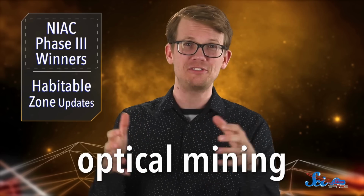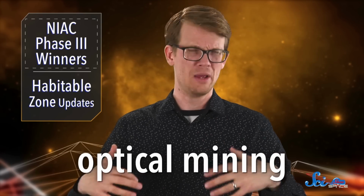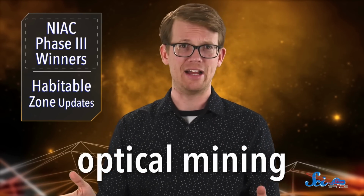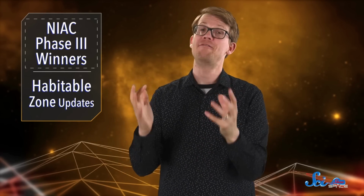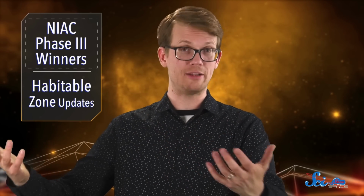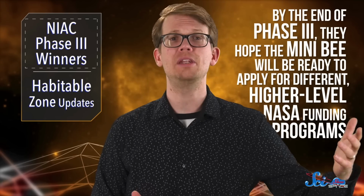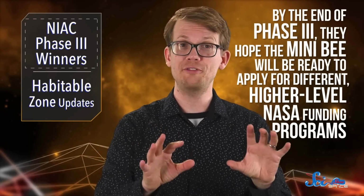It focuses sunlight onto a single point on the asteroid's surface, a bit like burning an anthill with a magnifying glass. And that creates a giant light drill that vaporizes water and other compounds from the asteroid. As they fly off the asteroid, the spacecraft would collect them inside a giant space bag. Mini-B won't have that capability. It's more of a step toward that eventual goal. The company hopes that by the end of Phase 3, they will see the Mini-B ready to apply for different